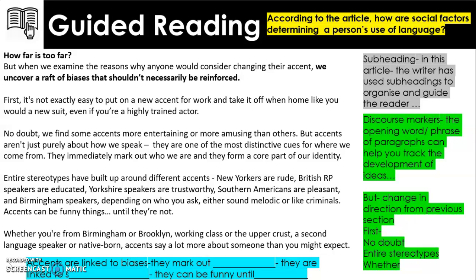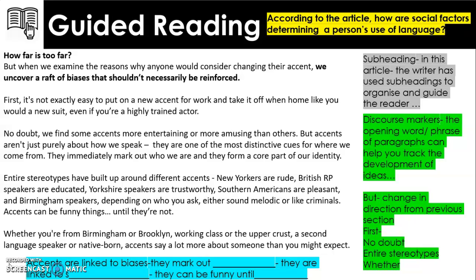Our writer then uses "first". So they're introducing the first idea, idea number one. Okay, and that's what our writer does here. And then it says "no doubt". Now we've already talked yesterday that this writer presents their opinion, what they think, but in a very factual way. And yesterday they used the prepositional phrase "in fact". Now they're doing a similar thing, "no doubt". So this is a writer who wants us to trust their opinion and often presents opinion like fact.